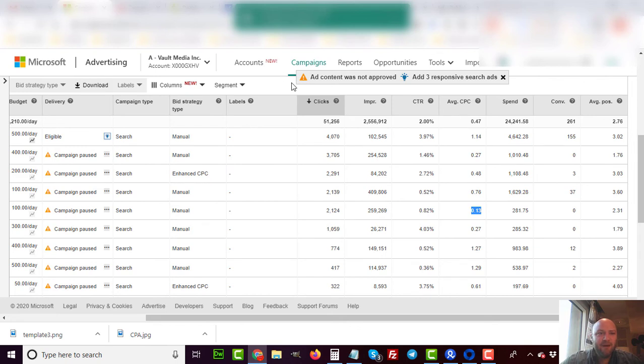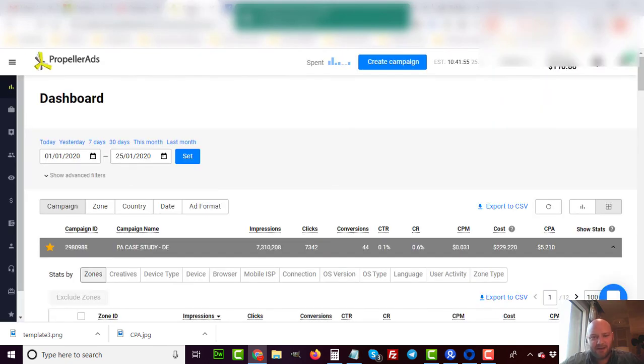Okay, let's look at the third traffic source now, and that is the push ads, which has been the talk of the industry for the last little while. Push ads, in my opinion, are starting to dwindle for me anyway, and I don't focus a lot on push ads just because of the nature of them. I find push ads require a lot of work, okay?